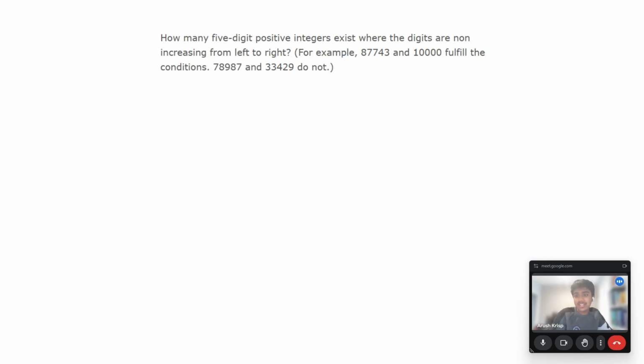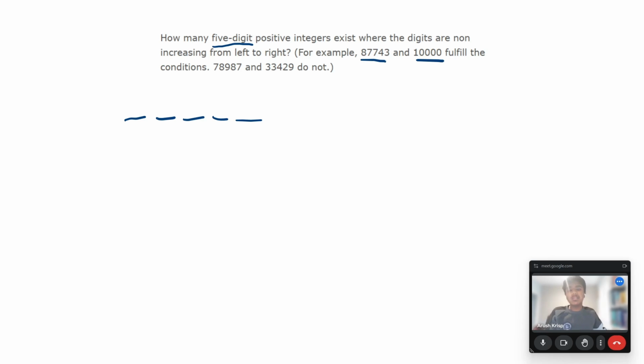Hey guys, welcome back to another video, and in this video we're going to be looking at this amazing problem. It states: how many 5-digit positive integers exist where the digits are non-increasing from left to right? So let's take a look at what this problem even means. 1, 2, 3, 4, 5 for a 5-digit number, and it states that, for example, 87743 and 10,000 fulfill the conditions